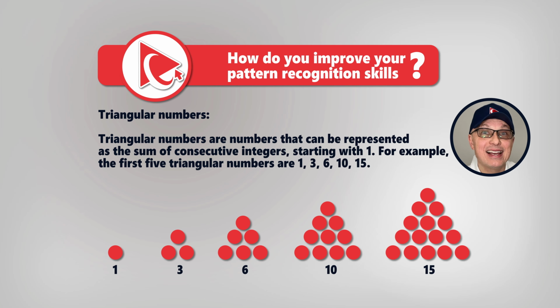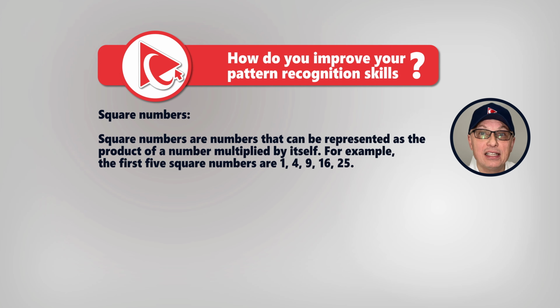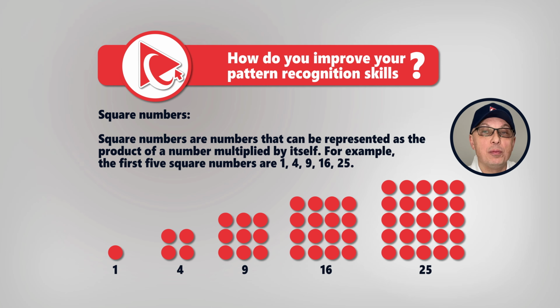Next on my list are square numbers. Square numbers are the numbers that can be represented by a product of a number multiplied by itself. For example, the first 5 square numbers are 1, 4, 9, 16, and 25. Because 1 squared is 1, 2 squared is 4, 3 squared is 9, 4 squared is 16, and 5 squared